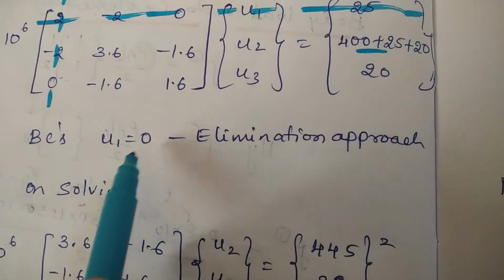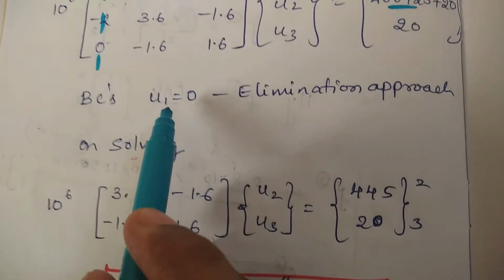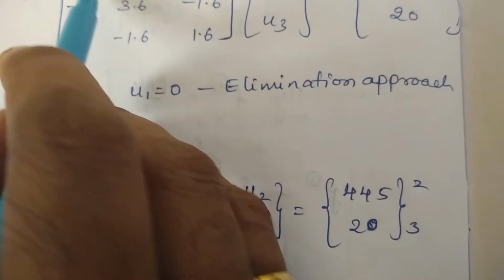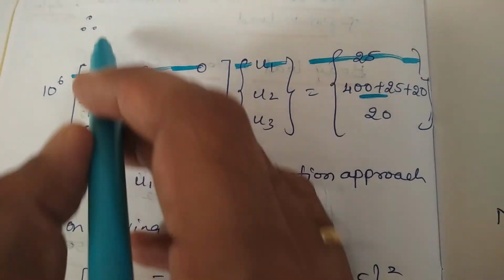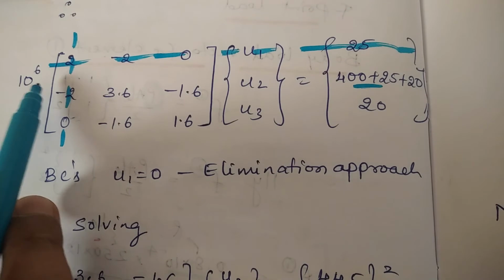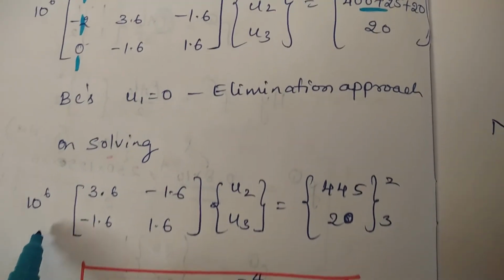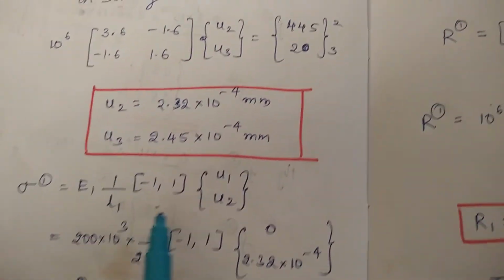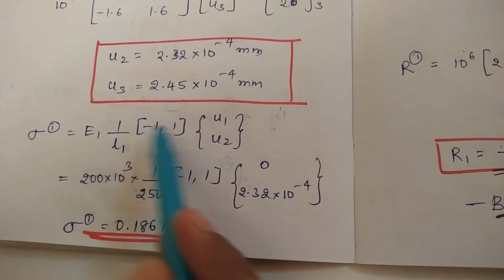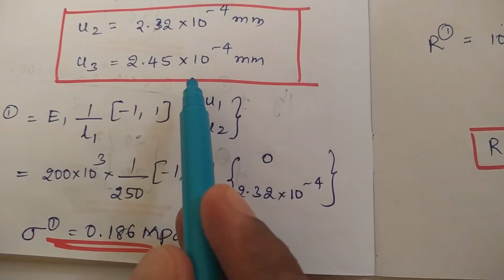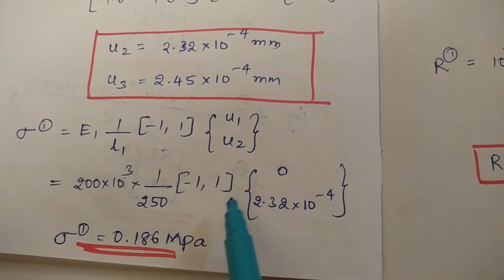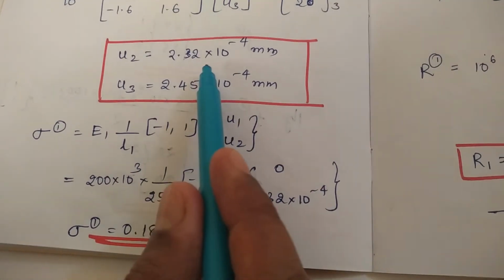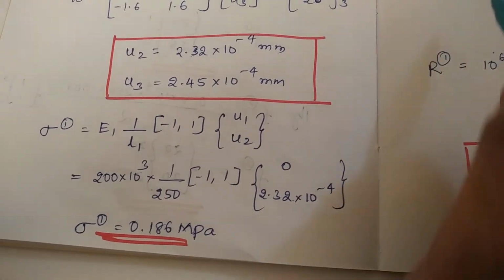So now I'll be using the boundary condition, that is fixed, and U1 is 0, node number 1 displacement is 0. I'll eliminate row number 1 and column number 1, which will be struck off. So 10 raised to 6 is there. Simplify, get U2, get U3. By solving, then find the stress induced, a well known equation. Once you find displacements, you are supposed to find the stresses, that is how strains and stresses are additional calculations. So U1 is 0, U2 is the previous value which you have found, 0.186 MPa.